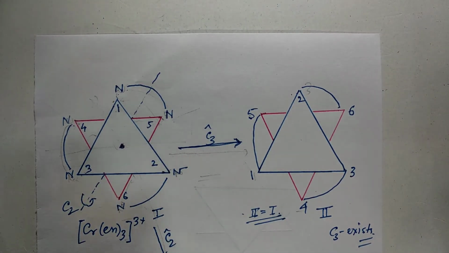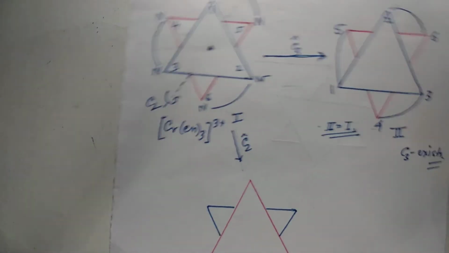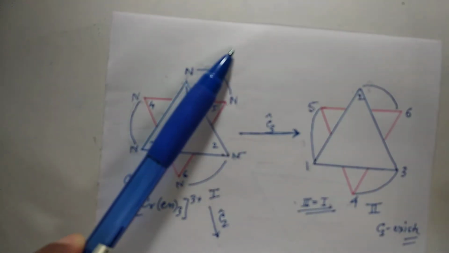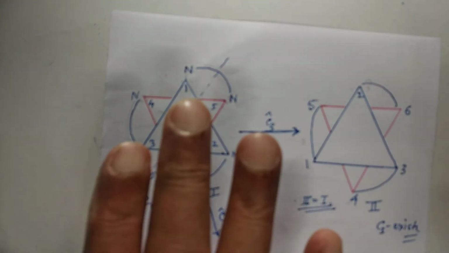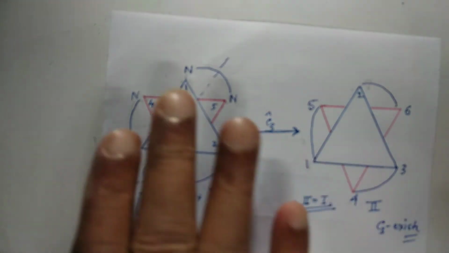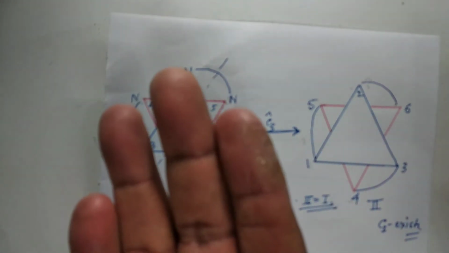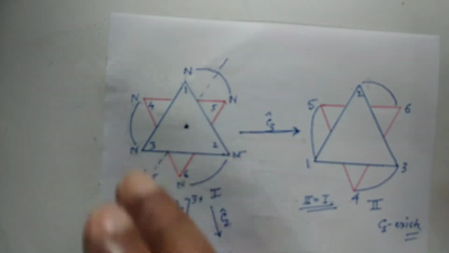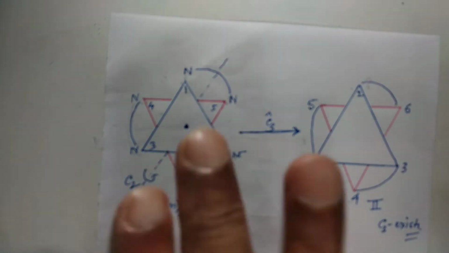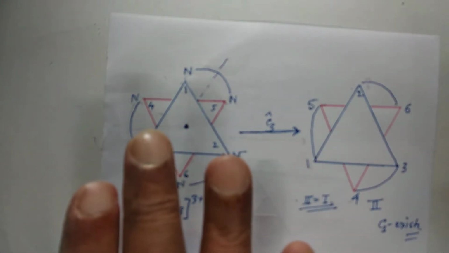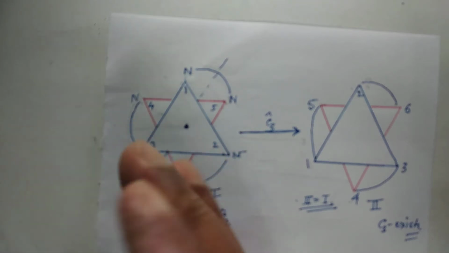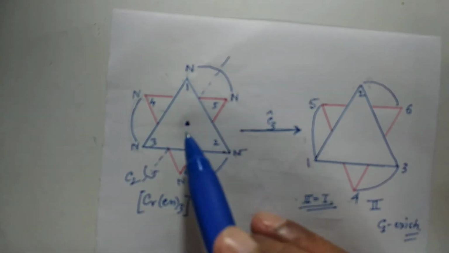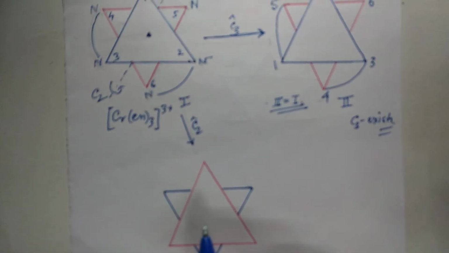By 180 rotation about this line, what will happen? The lower triangle drawn by red ink will come to the upper side, and the upper triangle drawn in blue ink will be transferred to the lower side. So this will now look like this,